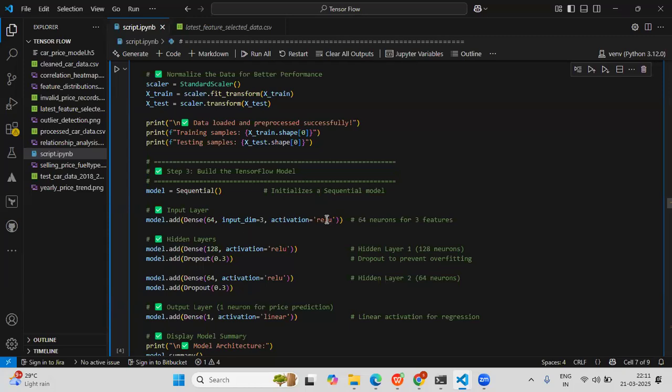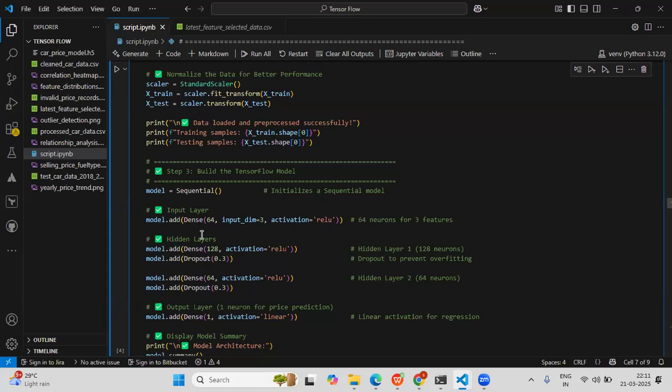This ReLU function is nothing but it introduces some non-linearity. It allows the model to capture some complex patterns of the data. So for that, we are introducing this ReLU activation function.